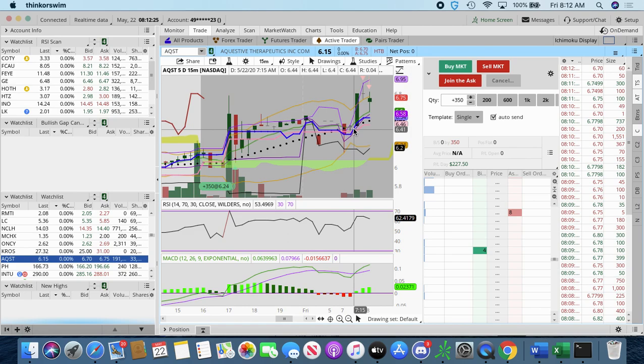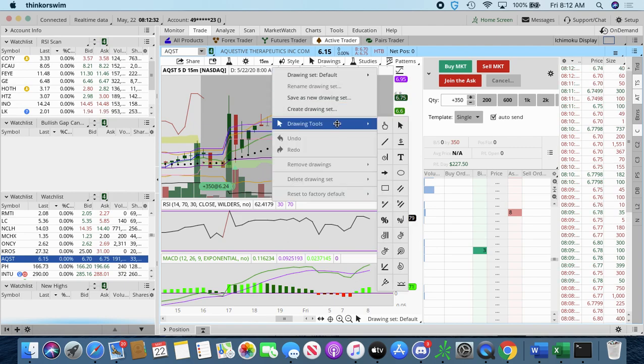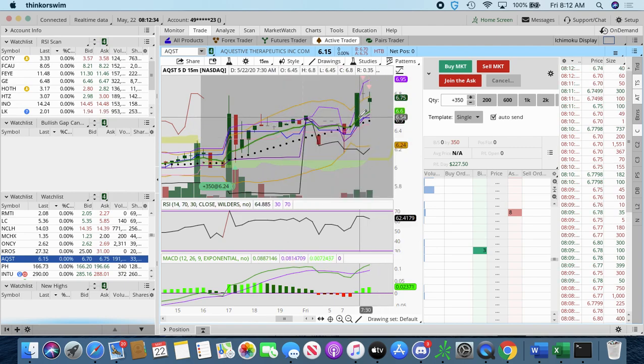Then it bounced back up. Then it hit this large green candle. Now, these are 15-minute candles. The volume on this candle alone was,